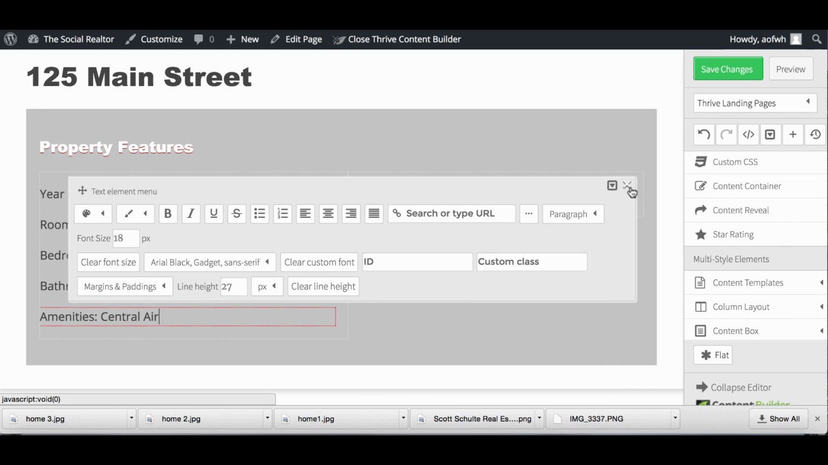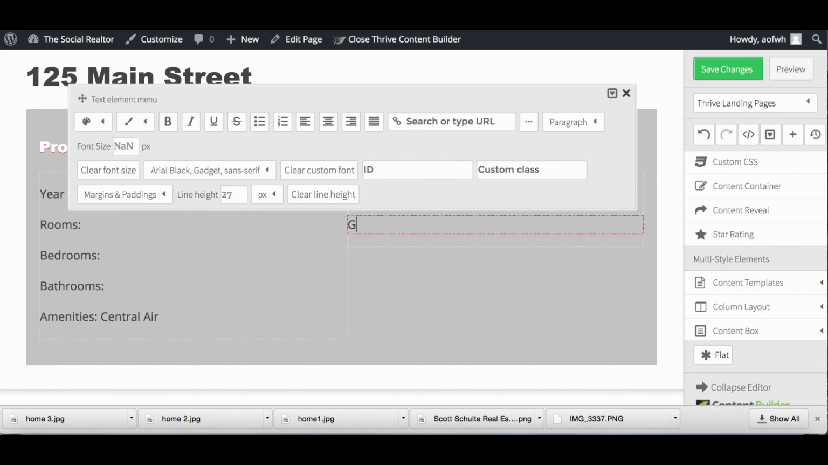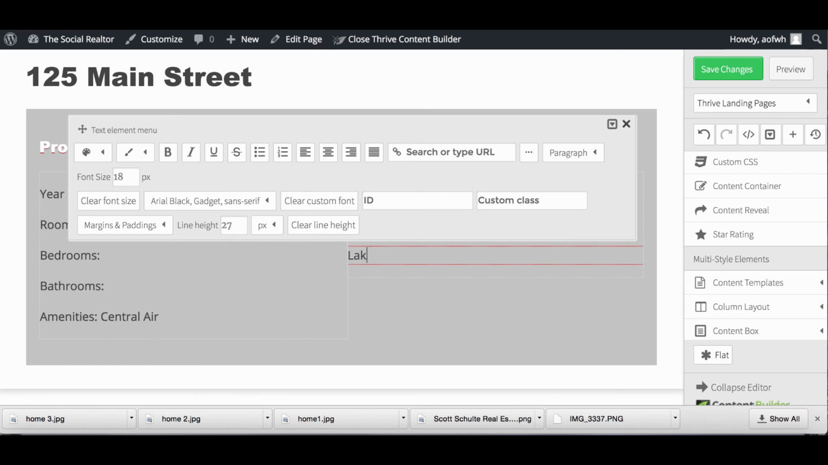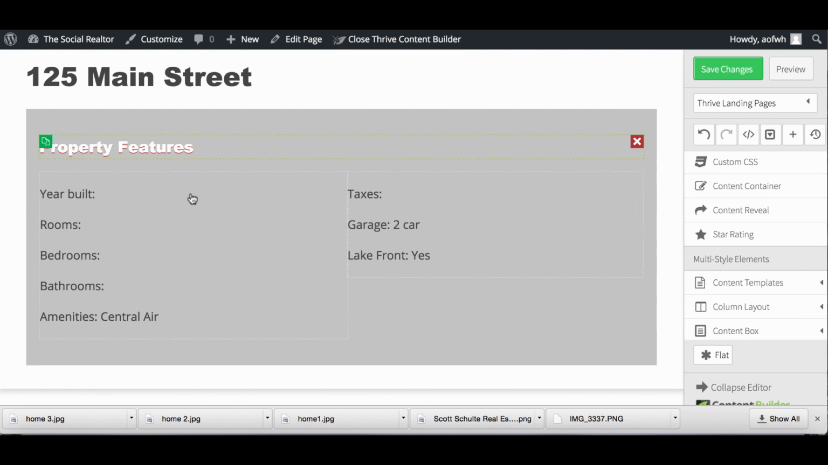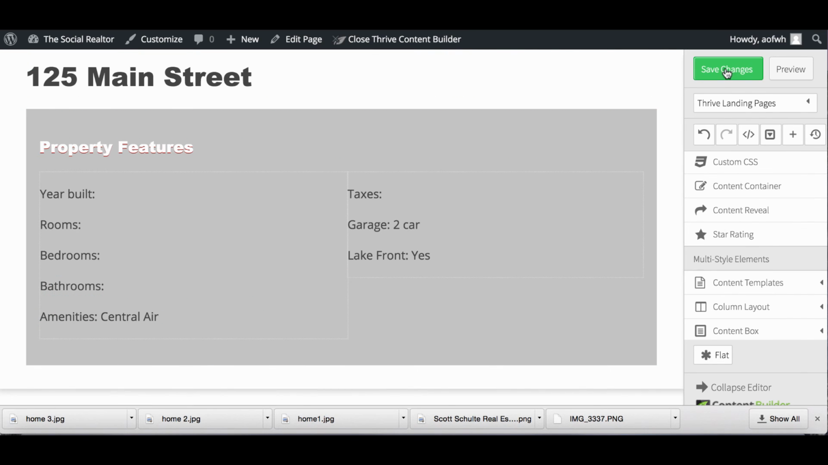Okay. So like over here you could have taxes, garage, two-car, lakefront, yes, stuff like that. You get the idea. Okay, so you can do something like that. So then what you do, preview,